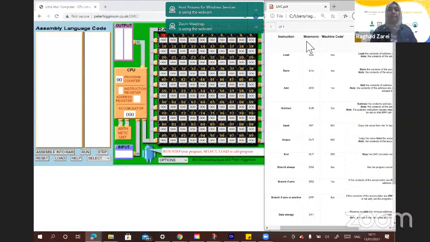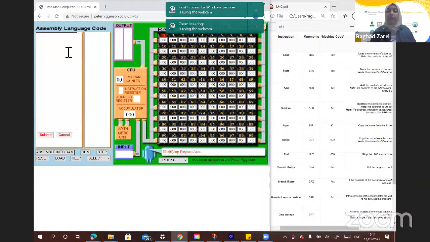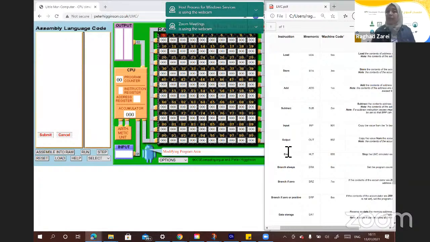We'll be implementing a very, very simple task, which shows you how computers can work, as well as what happens behind the architecture of your computer. Let's try something very simple, adding numbers together. As you can see, the instruction manual on my right has several instructions, along with the mnemonic code, which you can write for the assembly language. And then, of course, it shows you the machine code.